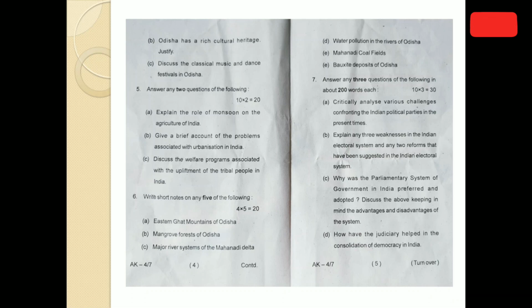Then Eastern Ghat mountains, mangrove forest of Odisha, major river system, Mahanadi Delta. You see river, forest, mountain, water system, river again Mahanadi, then mineral reserves, bauxite deposits. So what I am saying is: mineral deposits, water, forest, and then physiography. These are the areas where questions are coming. The student must be very particular and serious while answering the questions. Answer writing, how model answers are developed and how questions are answered, can be learned by taking model questions and answers from our institution.